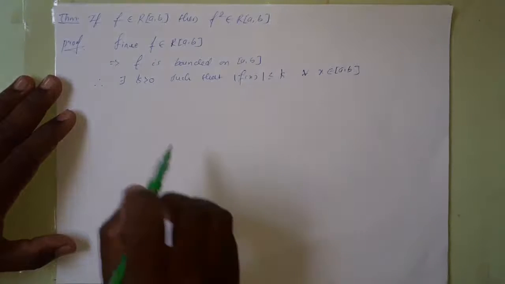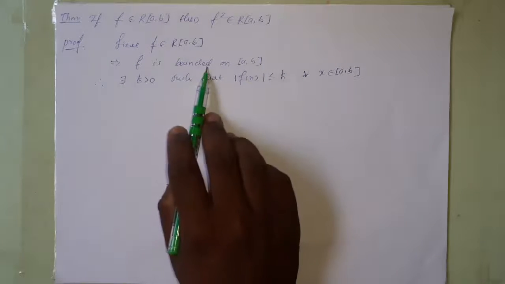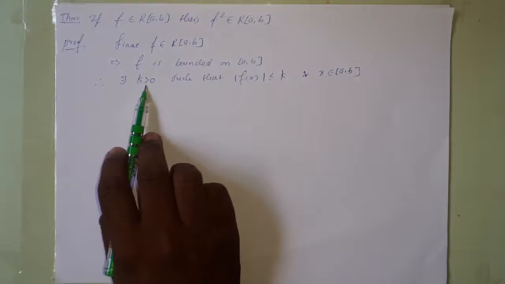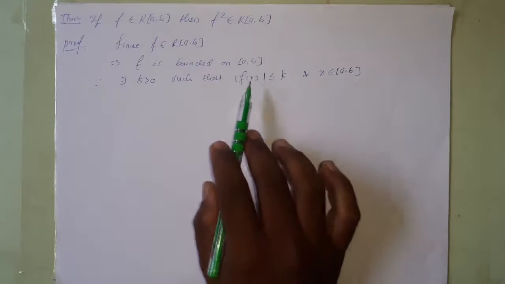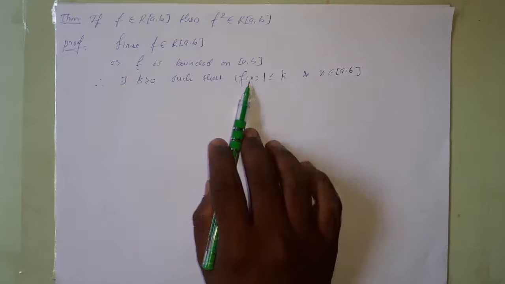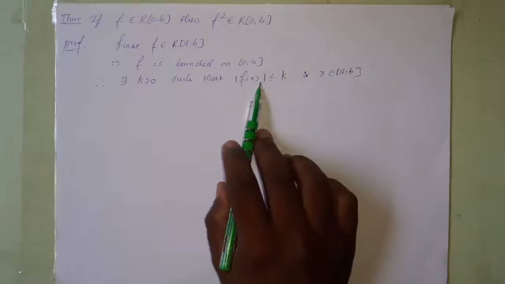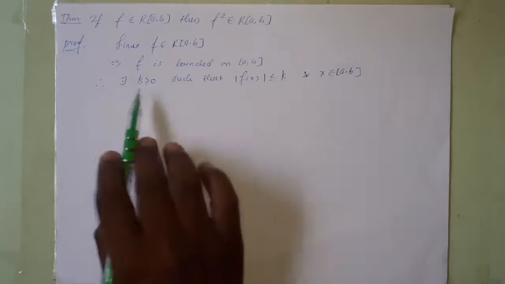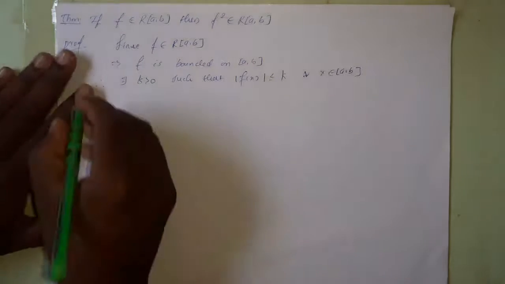So here, by the definition of a bounded function, there exists k, which is a positive real number, such that mod f of x, the value of the function f for all x in the interval [a, b], is less than or equal to that k, which is the positive real number. And now